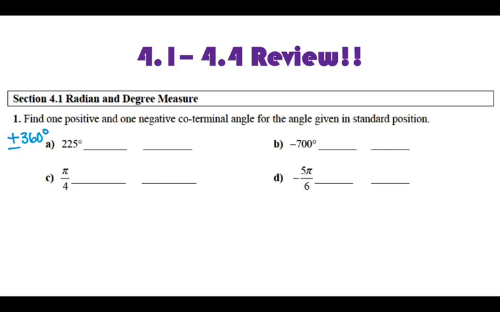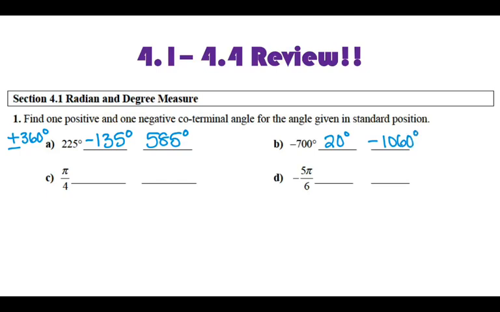So if I take 225 minus 360, that gives me negative 135 degrees. 225 plus 360 gives me 585. So one positive, one negative. Same thing for negative 700, so negative 700 plus 360 is negative 340. That's still negative, I want to make it positive, so I'm going to add another 360. So that gives me 20 degrees. I can do negative 700 minus 360, and that gives me negative